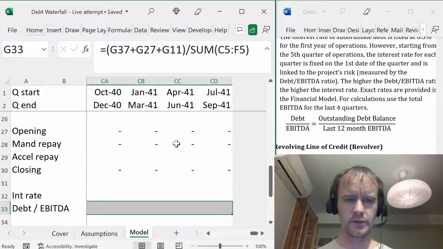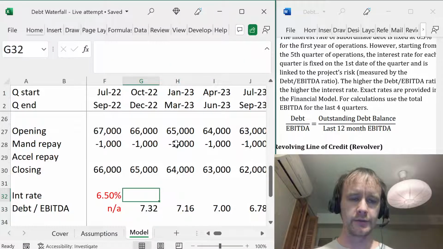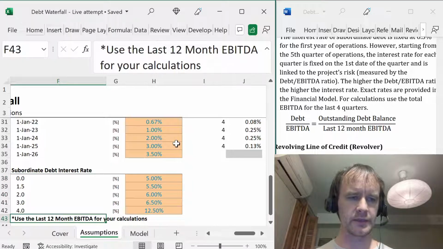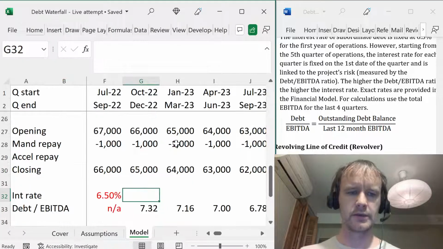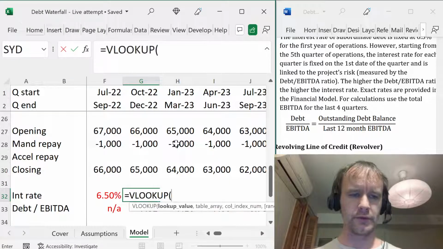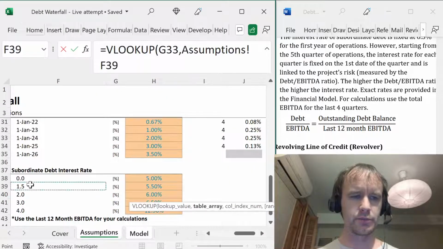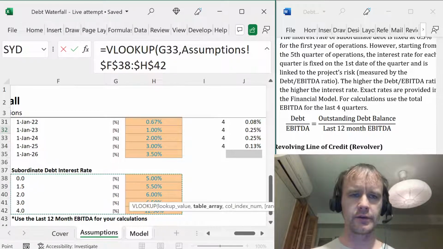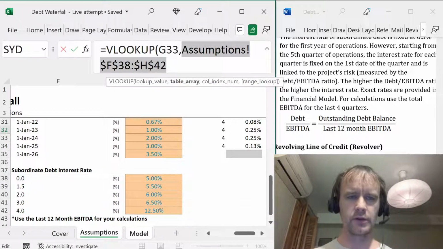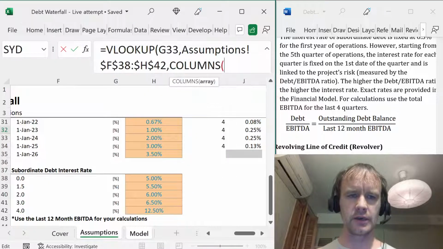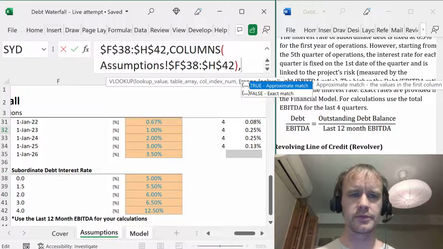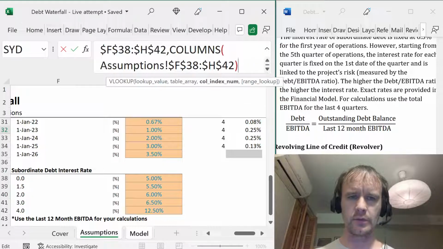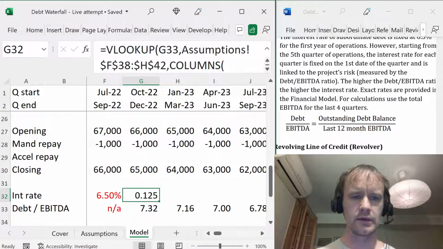So 7.3 roughly. And so then my interest rate is going to be a lookup. So I don't know, are we feeling INDEX MATCH? Are we feeling VLOOKUP? Are we feeling something else? I'll do a VLOOKUP because I just prefer it. What can I say? But tell you what, just again another little sop to the VLOOKUP complainers. Rather than putting in a fixed column number, I'm going to put in COLUMNS of the same reference. Sorry, not 0, comma 1, or just blank. And that's my